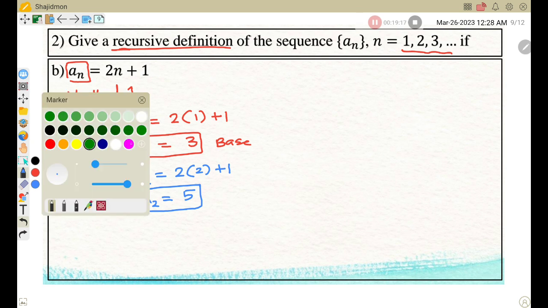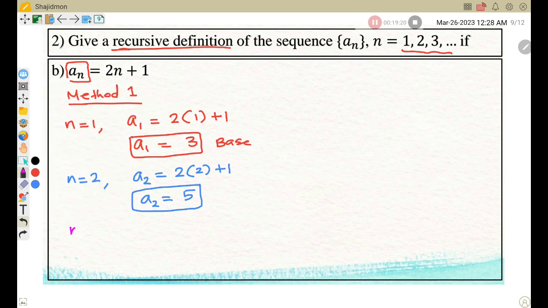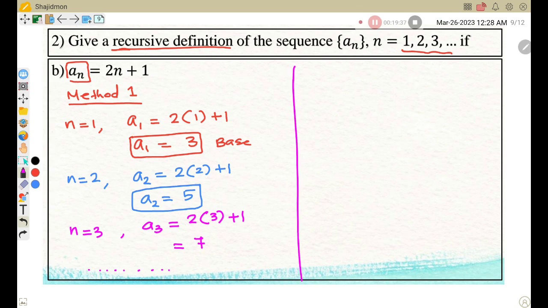Now go to a3 after that, n equal to 3 here, correct? So a3 equals, how to write? 2 times n, the number is 3, plus 1. So what will be the number? Equal to 7, correct? Like this continuing. Now we need to write what is the connection, correct? Base case a1 equal to 3. Now think about a2. This one, a2 equal to 5. So think about that number, how is